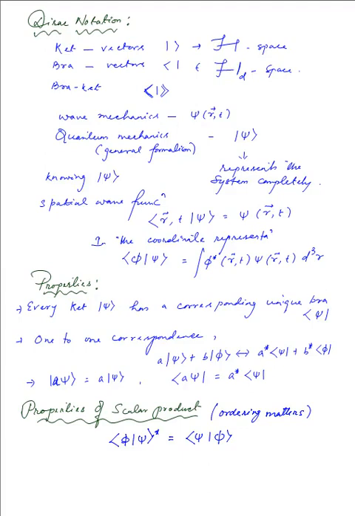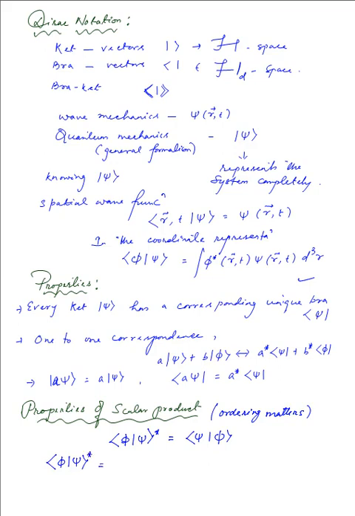Now in case of the scalar product, we must consider the ordering of the vectors that we have at hand, because phi psi, the inner product or the scalar product of that, the conjugate taken will give us psi phi. So this property can clearly be explained by considering this equation that we have at hand, where we can take phi psi,